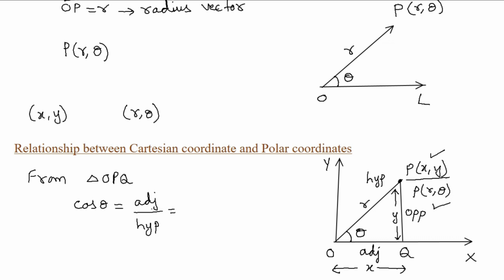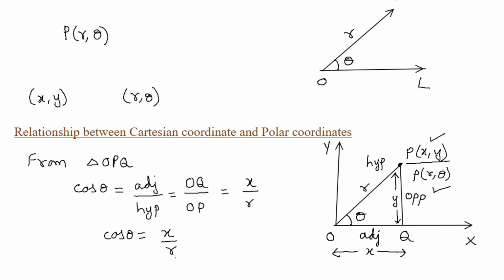So if I represent the adjacent side from the figure, what is adjacent? Adjacent is OQ divided by hypotenuse. What is the hypotenuse value? Hypotenuse value is OP, which will be equal to, what does OQ represent? OQ represents x divided by OP, which represents the radius vector r. Therefore we have got the value of cos theta to be equal to x by r,